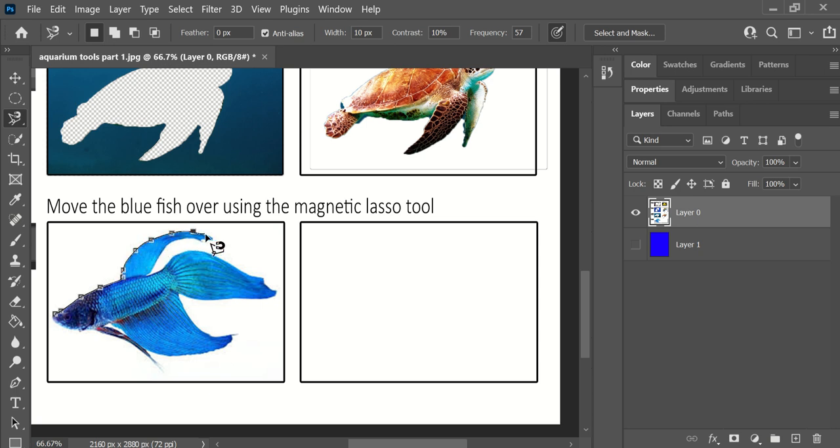So as I'm bringing it around, every once in a while I'm clicking with my mouse to put down a point, but otherwise it's putting down its own points. And I can just drag this and just try to stay close to the edge, and it'll put this right on the edge of the color there. Especially with images like this where it's like blue there and white outside, it'll work really well. If I make a mistake and the points start going that way, I can hit Backspace on the keyboard and get rid of them,